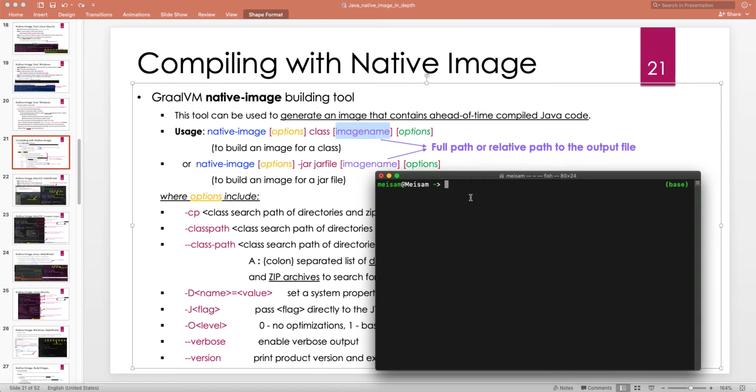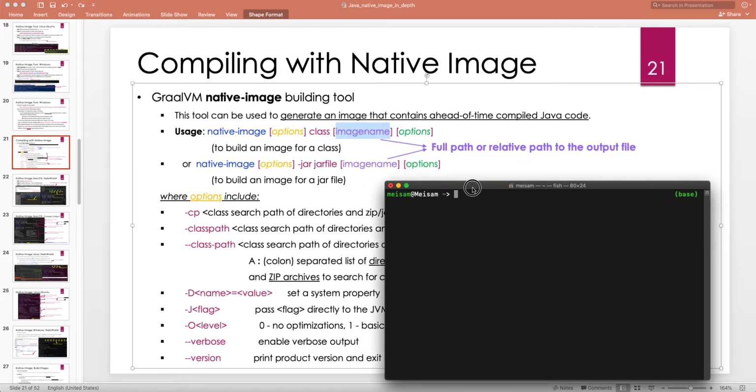a native executable binary. Now later we will see that you can actually also create libraries, like static or dynamic libraries that you can then, for example, use in other applications. So you don't have to just create an executable binary, but that's the most useful way of using native-image, right? You write your Java application. Developing, compiling, and maintaining a Java application is much easier and much faster than developing a C++ application, especially in